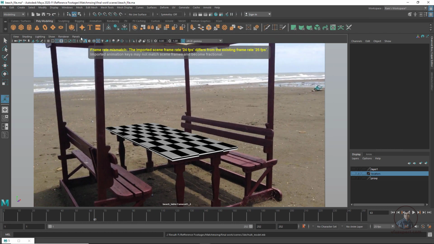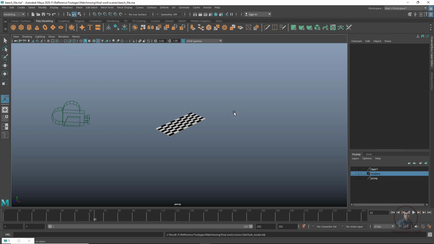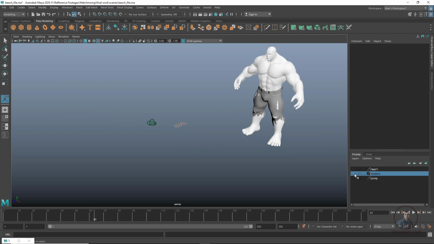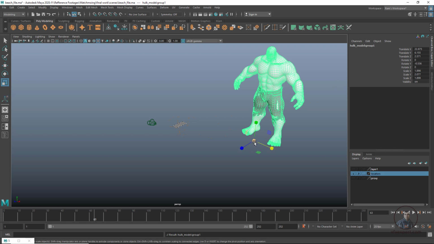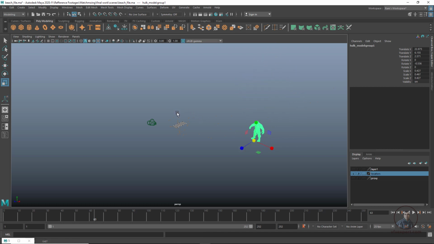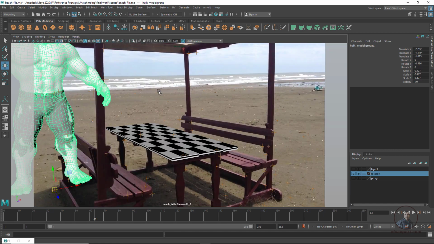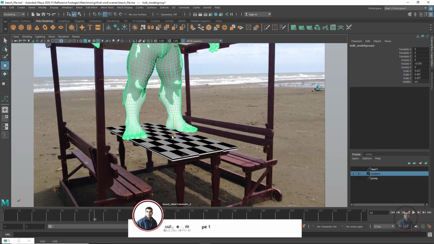Now come into our perspective view. Because this is an unknown model, click on our locator so we can easily snap here. Now press up arrow, because this is a grouped model. Let me scale it down like this, press W, and snap onto the table points like this. Now come again into camera view. Now you can adjust here, then press V. Now again like this. Now scale down.